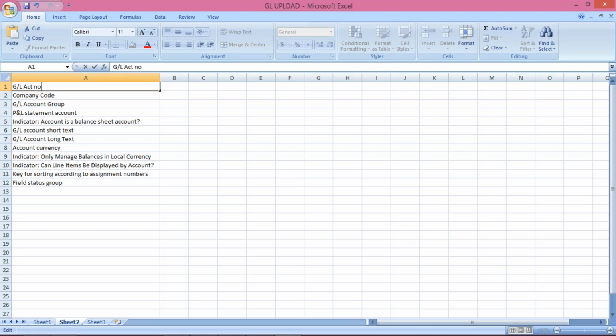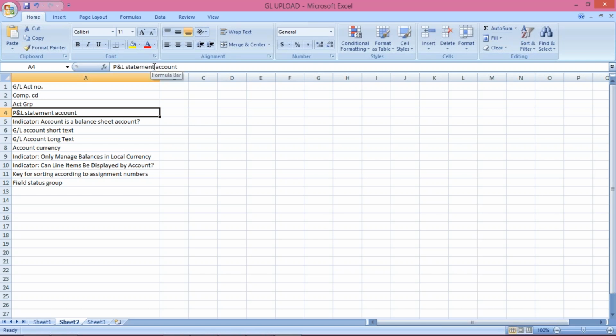GL account number, enter your COMP, company code, your account group, P&L statement account, you can write like this, balance sheet account,